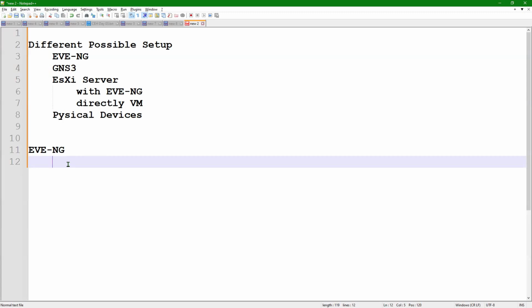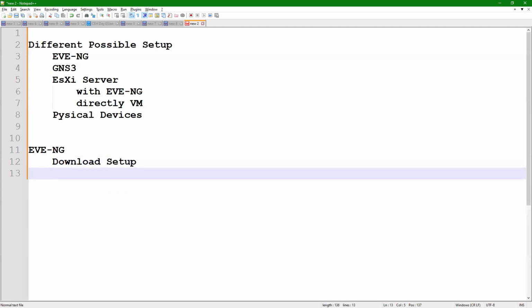Okay. So for EVNG, what I told you, first you simply need to download that setup. With that, you require other things also. If you remember, I told you. Anyone remember that? Only the EVNG setup means you can install EVNG. But if you want to use virtual machines and other stuff, with that, what do you require?